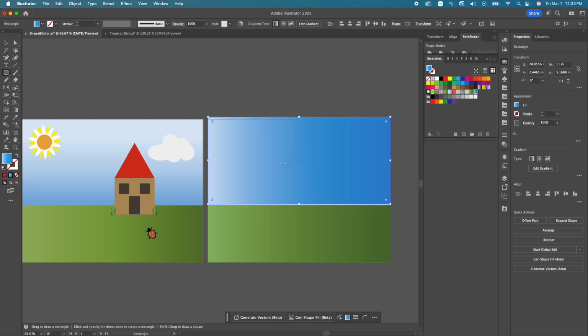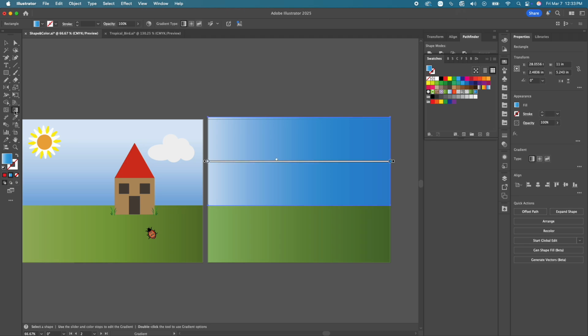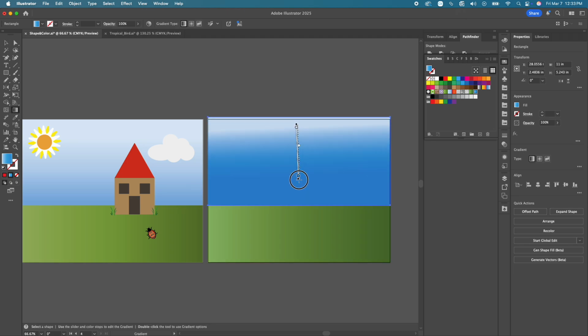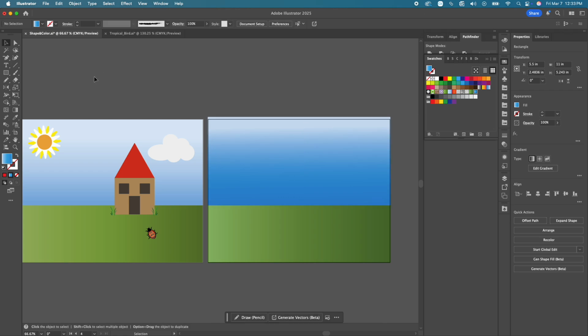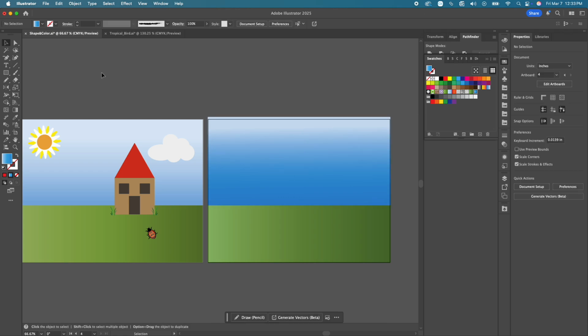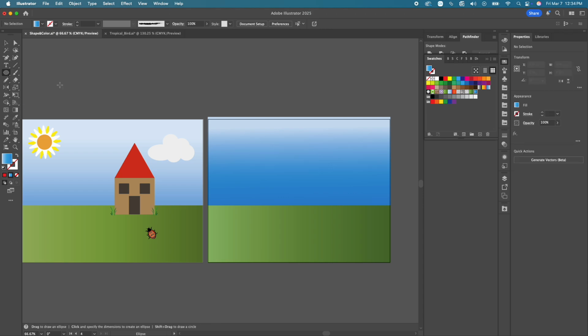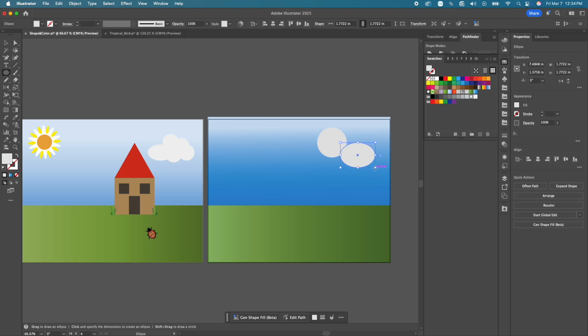Boom. If you want to change the direction of this gradient, which you may, okay, you can grab the gradient tool and click and drag. So there it is. And I went from like a blue to a white, or you could do opposite as well. Okay, the clouds, let's do that next. I'm going to grab my ellipse tool, and I'm going to grab a white, or you can grab like a gray if you want. And I'm just going to start dragging out,